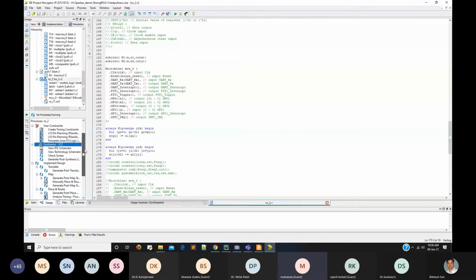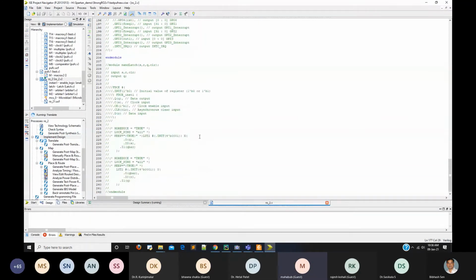Okay. Now, after synthesizing the design, we need to implement the design. So implement this design. It will take some time. Just hold on. Okay, map is done. Steps are like this: translate, map, then place and route. You can find more details of the steps in any documentation of Xilinx or any documentation of the FPGA device.